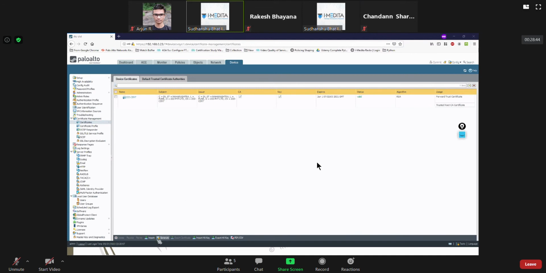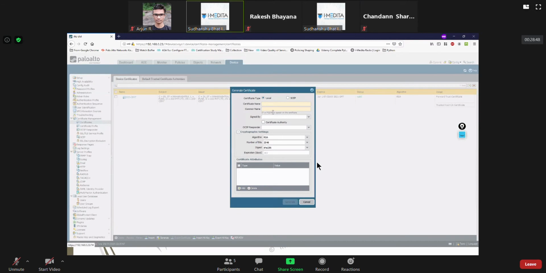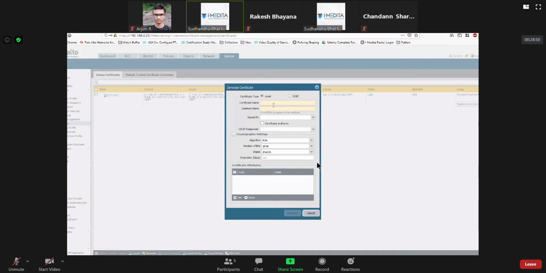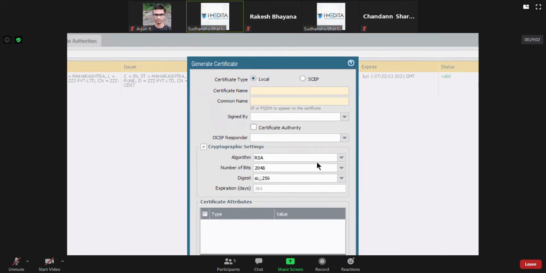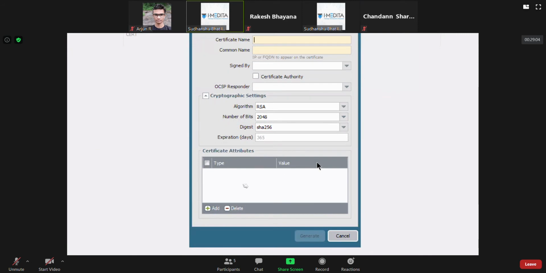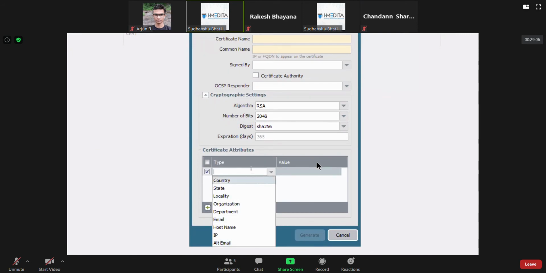now what you do here is you click generate, you give some name. You will have to check with your CA what kind of things they require minimum in this, because they might have a requirement that minimum these 3 things or these 4 things should be in the certificate attributes.